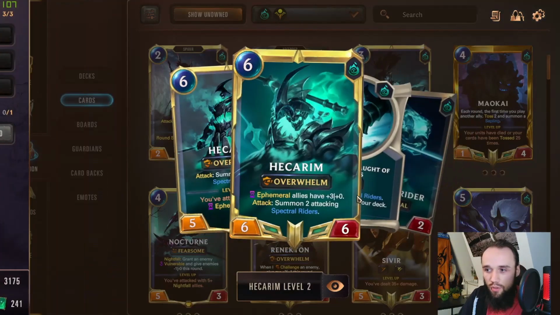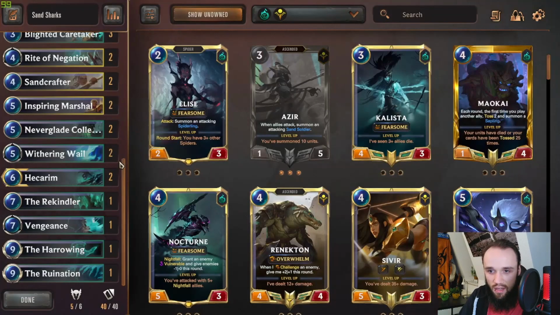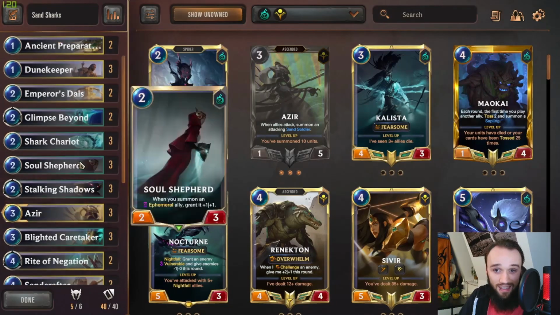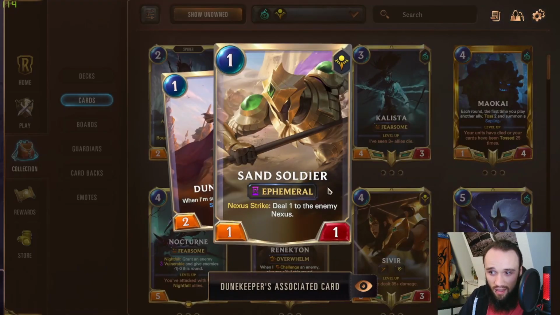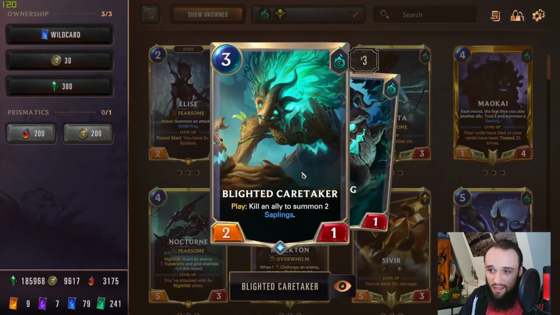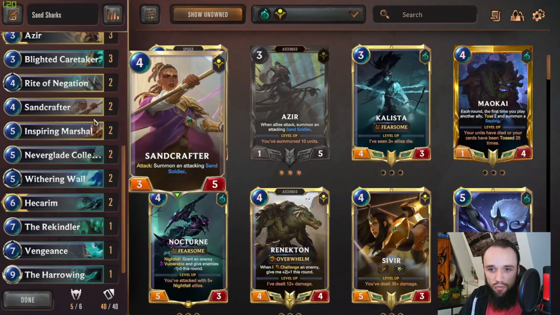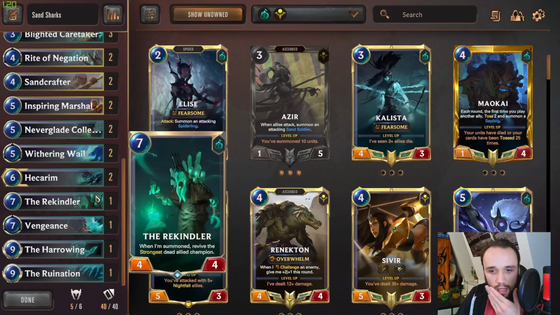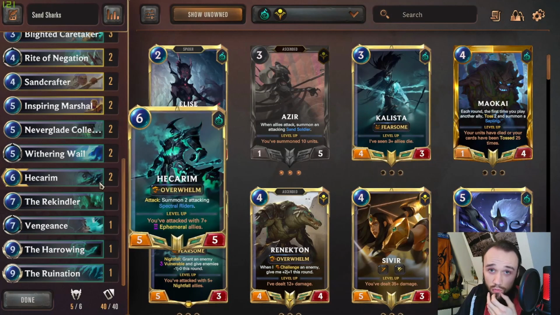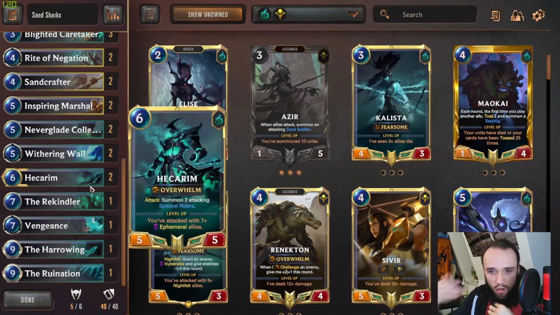give every ephemeral unit upon level up +3 attack, and leveling him up is extremely easy in this list, as we have a ton of ephemeral units, like I said, the Sand Soldiers from the Dune Keeper, from the Emperor's Dice, from Azir, from the Blighted Caretaker. He even gets us 2 ephemeral copies, and also the Shark Chariots we obviously want to run a lot. And if HECARIM gets removed, which also happens a lot, we have a Rekindler to bring him back directly the round after. So I like to curve into HECARIM in round 6 and then into round 7 if